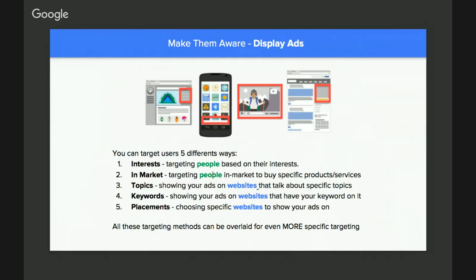Now, the next 3 are ways that you target people based on websites. So if you want to show on websites with financial services or banking as a topic, well, you can pick that topic. That means you don't care what the people's interests are. You don't care what they're in market to buy, but because they're on the website topic of financial